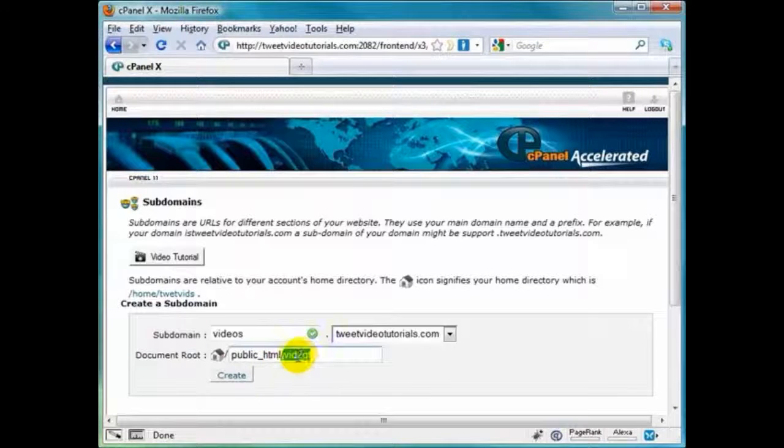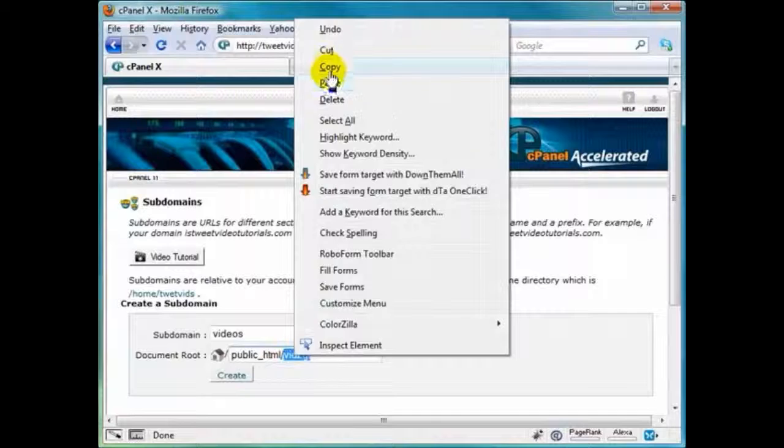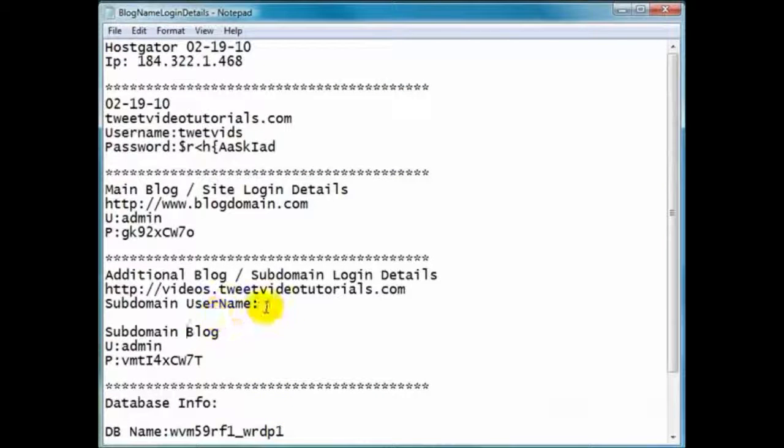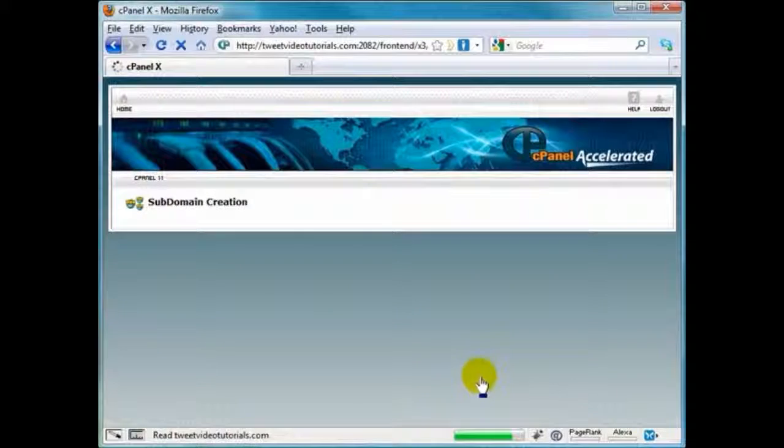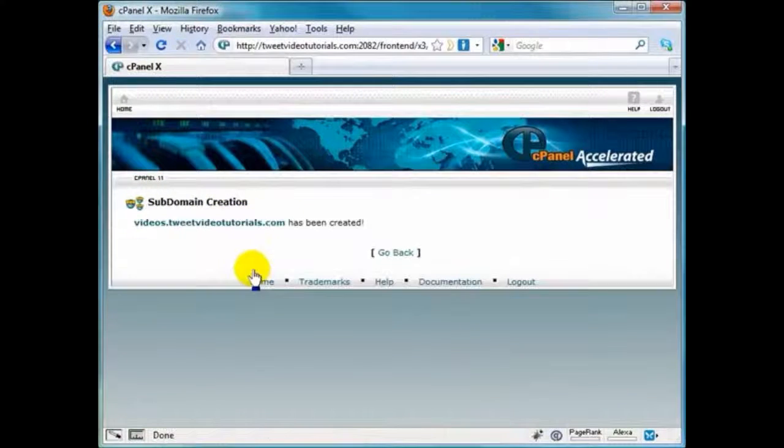Then I would just copy this and paste it into the text document, vid2gt. So just in case the need ever arises to wonder, what the heck is that subdomain username? Well, now you've got it right here. And click on create, and boom, subdomain is just about created. And there we have it. Subdomain